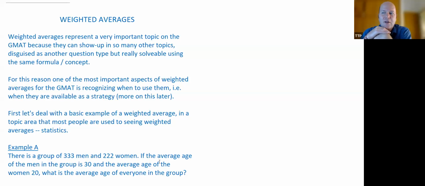All right, so let's take a look at an example. On the bottom of the screen, you can see an example of a weighted average question. We've got 333 men, 222 women. The average age of the men in the group is 30. The average age of the women, 20. What is the average age of everyone in the group? Okay, so